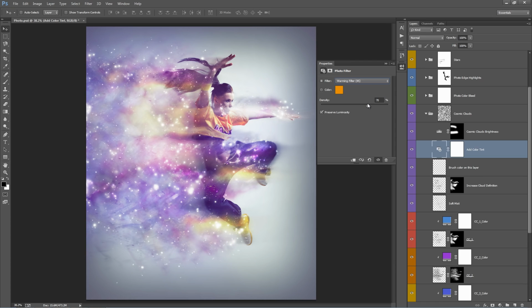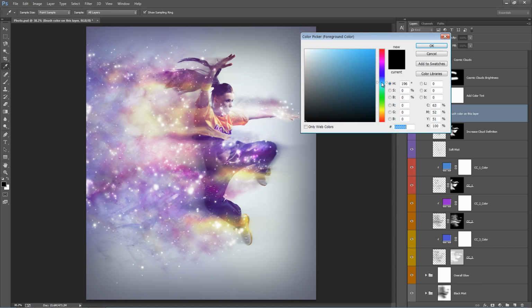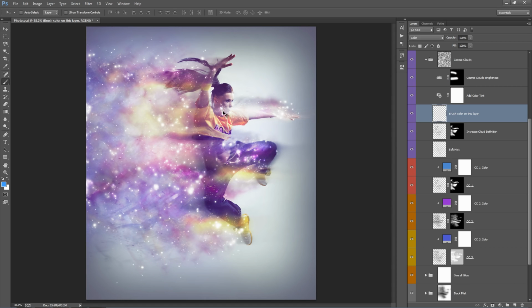Might actually keep this on at about that amount. So that's a good one to play around with. This one here, brush color onto this layer. You can actually control all the color just by brushing colors onto this layer. So if I just grab, for example, a blue, like this, and I brush onto that layer,